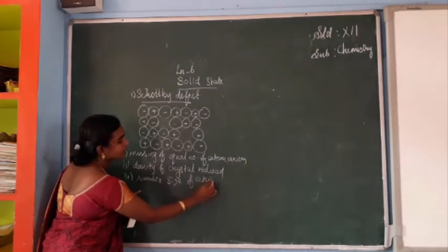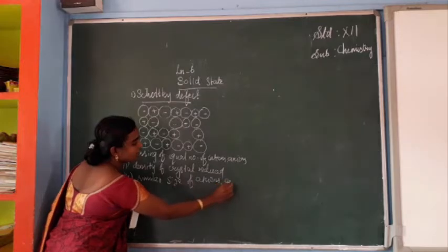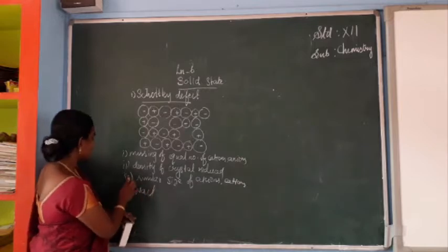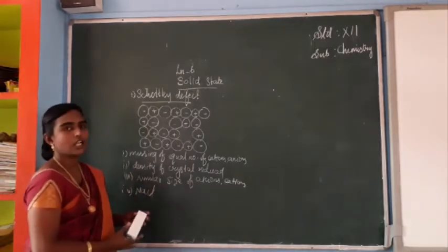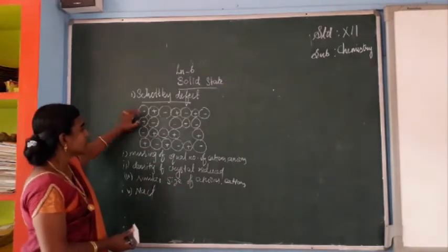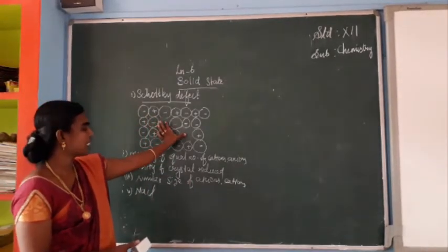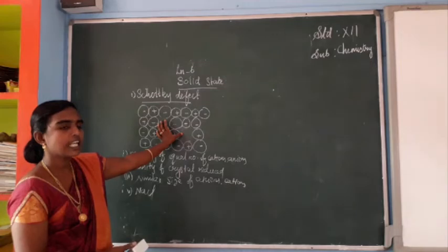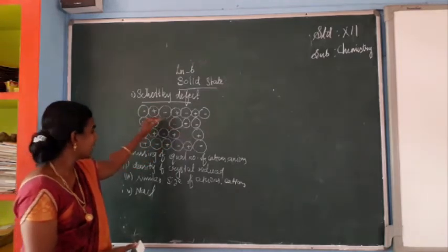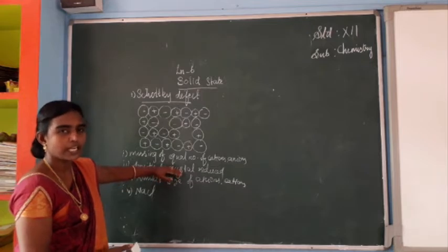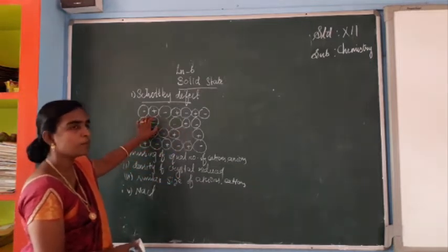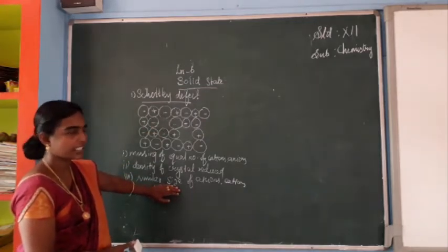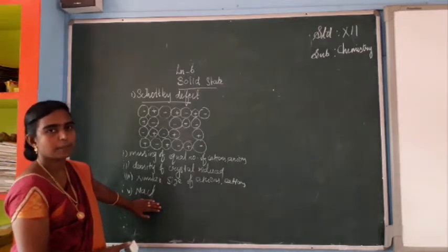Next, third is the example for this Schottky defect, which is NaCl. Okay. So these are the 4 points related to Schottky defect. In Schottky defect, there is an equal number of missing cations and anions. So equal numbers of positive and negative ions are missed, so electrical neutrality will not change. Density of a crystal will be reduced because 2 ions are missed from their positions. Almost, anions and cations have similar size. Example: NaCl for this type of defect.